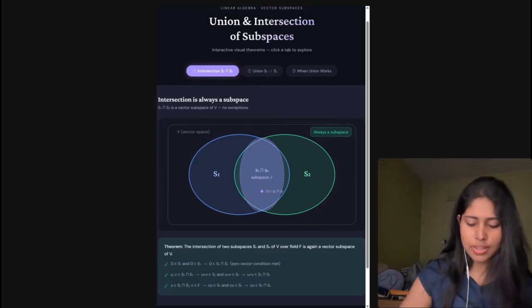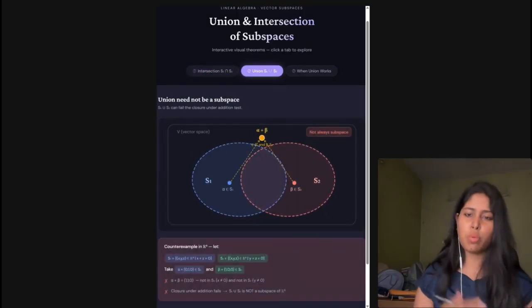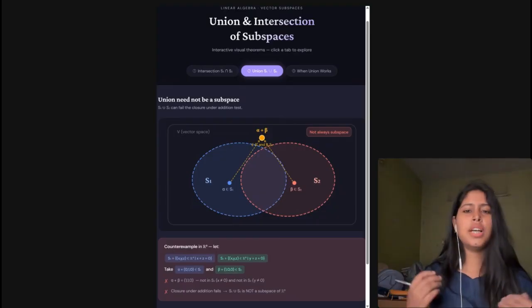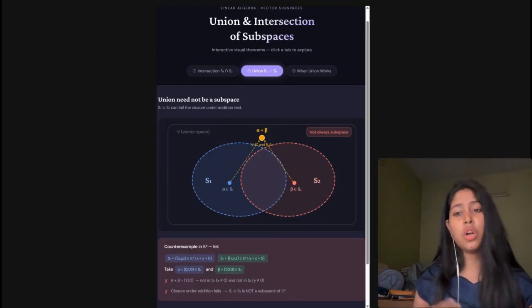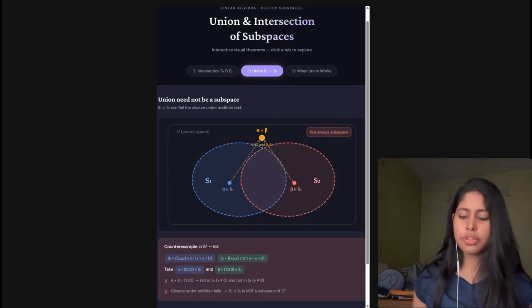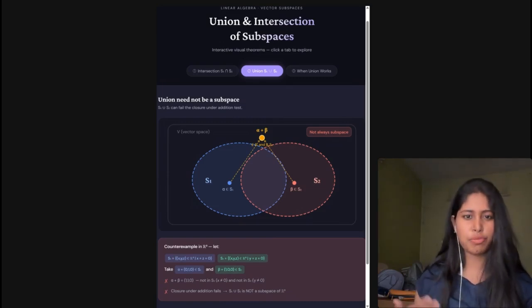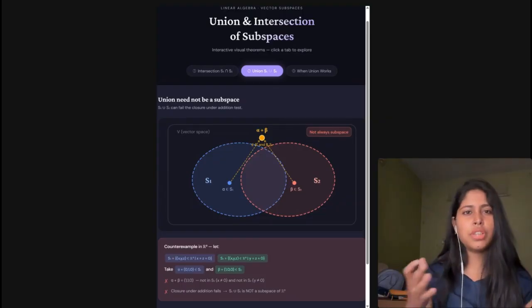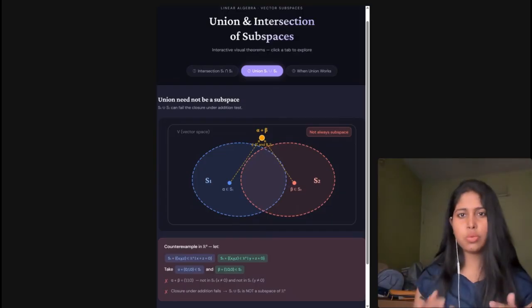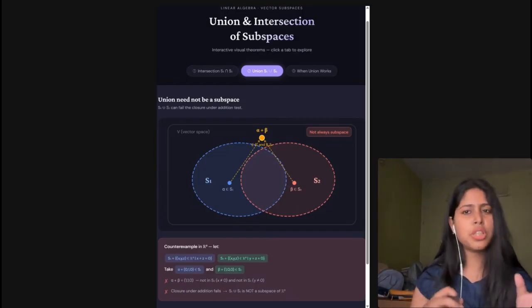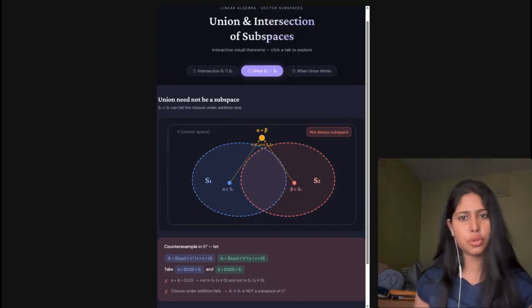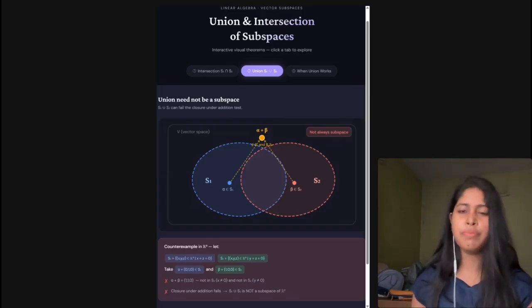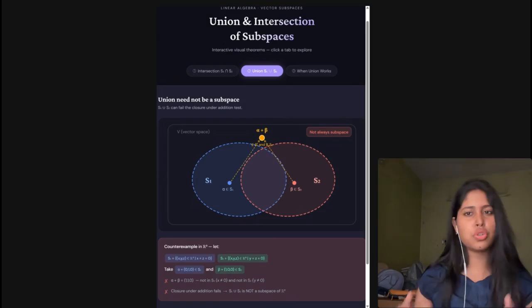And number two is the theorem on the union of subspace 1 and subspace 2. Now, see, the union of two subspaces need not be a subspace. Okay. Now, there is a beautiful example for this, which I will tell you right away, and it is very short. We will consider S1 to be (x, y, z) which belongs to R3, with the condition x = z = 0. And we will also let S2 be (x, y, z) which again belongs to R3, with the condition y = z = 0.